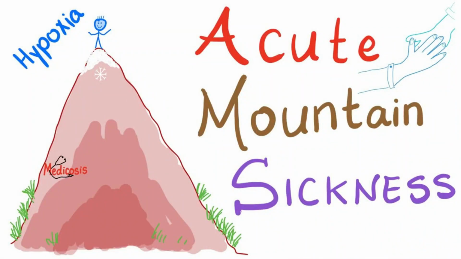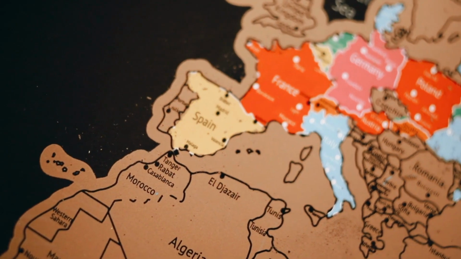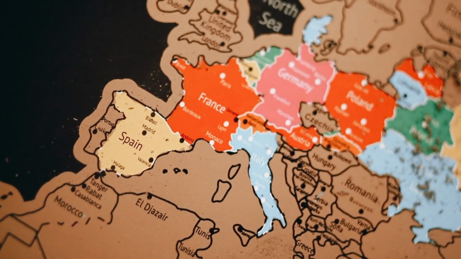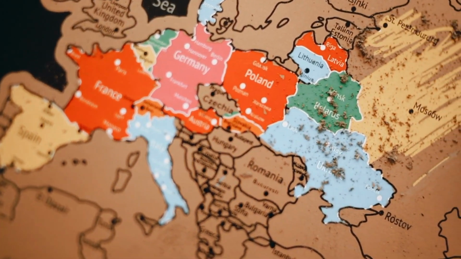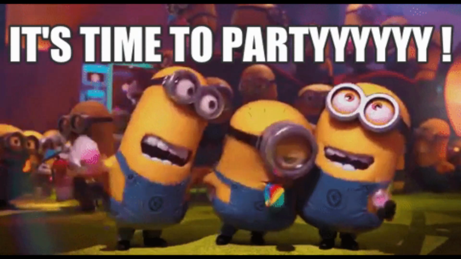The next condition is a bit of a combo: acute mountain illness and high altitude cerebral edema, or HACE. They're both neurological conditions and are 2 points along the same line of disease. So you're on your first mountain expedition. You're excited, you get to your first camp and you're getting ready to go. You and your climbing buddies decide to have a little bit of a party before you start. Maybe you have a few too much to drink.